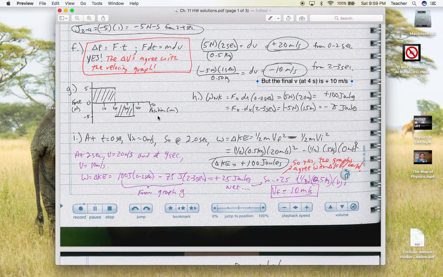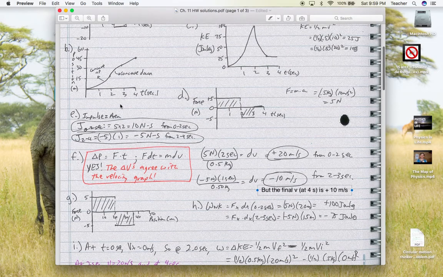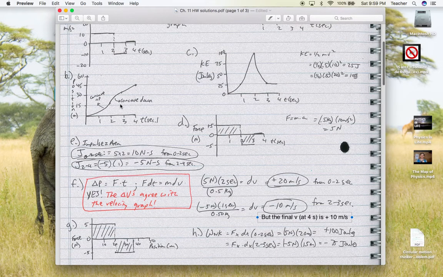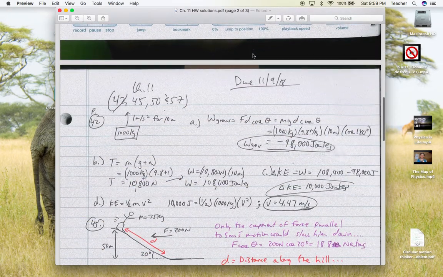So these ones I don't think we need to talk too much about. Pretty cool how all the momentum and impulse stuff work with the energy stuff. Some subtleties here in terms of concave up, concave down. The fact that this is spiky, I didn't draw very well. For number 42,